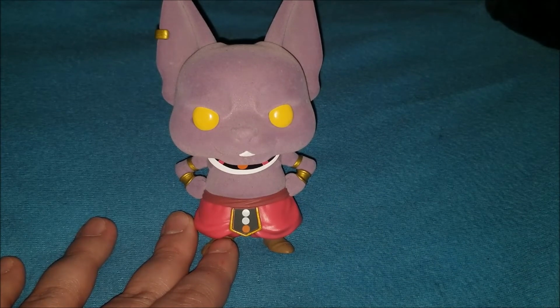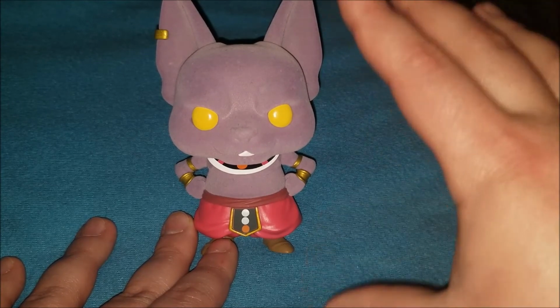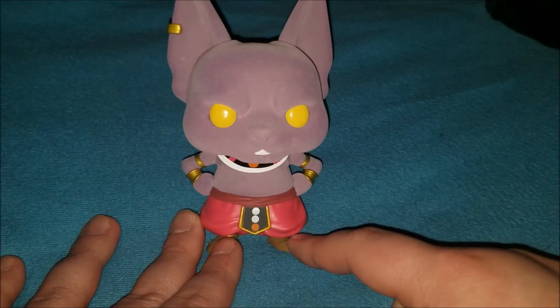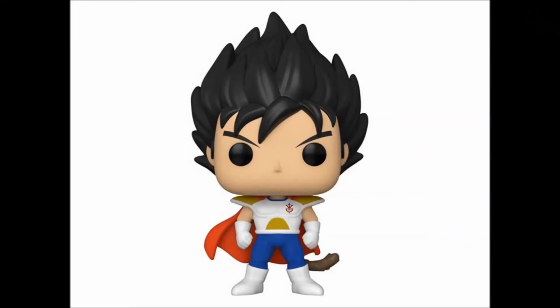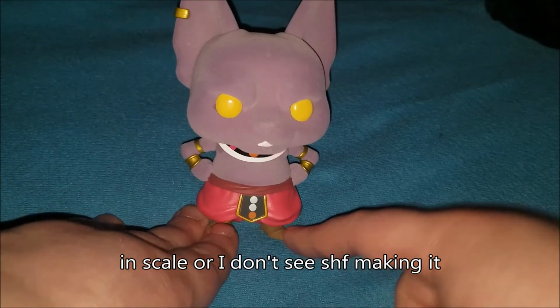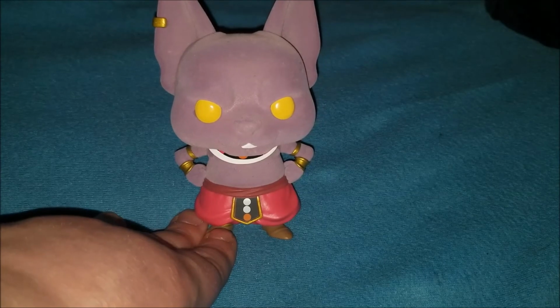One, because it's an exclusive Funko Pop and it's flocked, and two, because I just think it's cute. So I know that it does not fit into my SHF display, but I just like it as a standalone. This is only the end of the Dragon Ball Z Funko Pops for now, because I will definitely be getting Child Vegeta from the Bardock special, and then whatever else I can find that is relatively in scale. Like, I would not buy Chi-Chi today, but